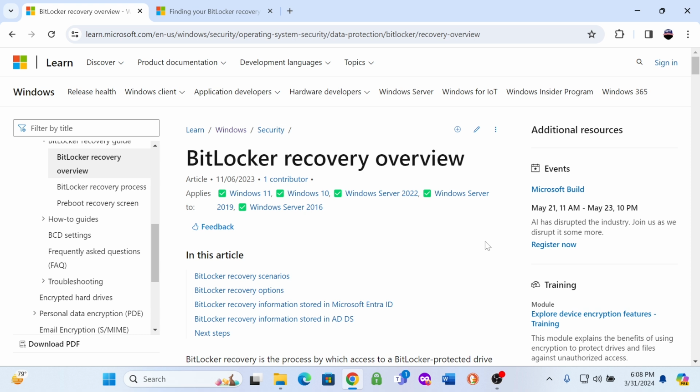Let's talk about this here with BitLocker. If you look at this overview, we're not going to go through all of this here. One of the things I do want to share is that I think BitLocker was first introduced